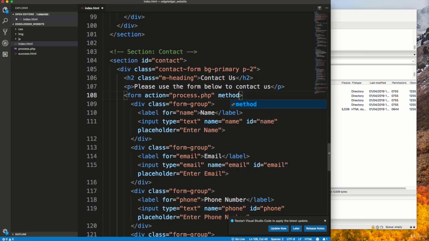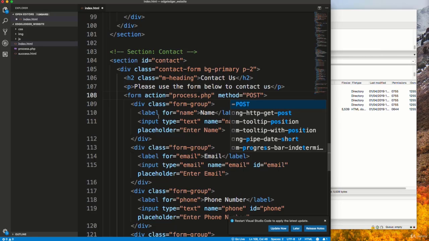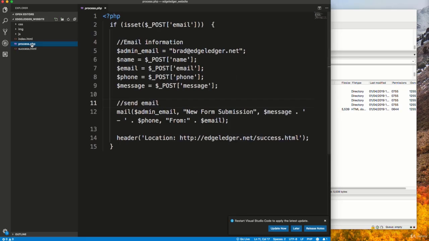And then we also want to add a method. There's different types of HTTP methods. We have a GET request, which is basically just when the page loads, it's a GET request. But when you submit a form, you want to make a POST request to the server. Okay, so we want to do method POST. And we'll save that, and what that's going to do is submit to this process.php file,